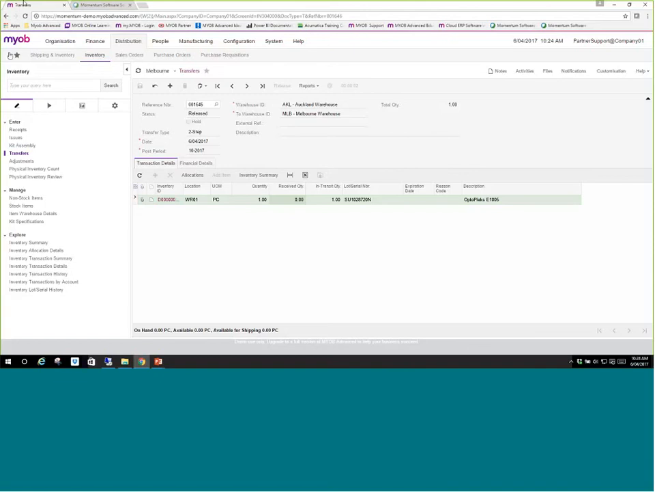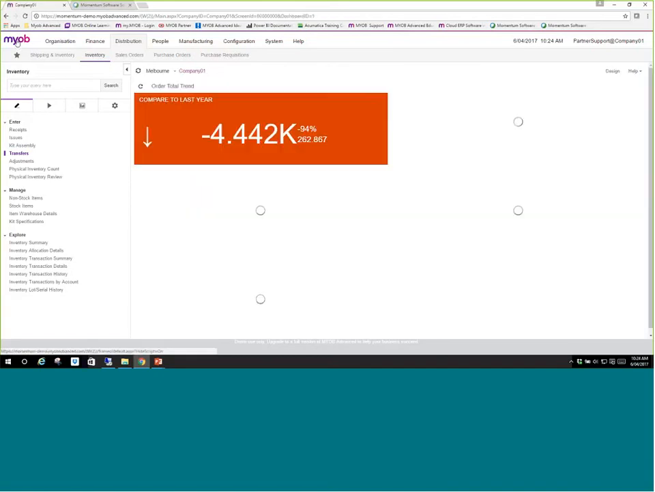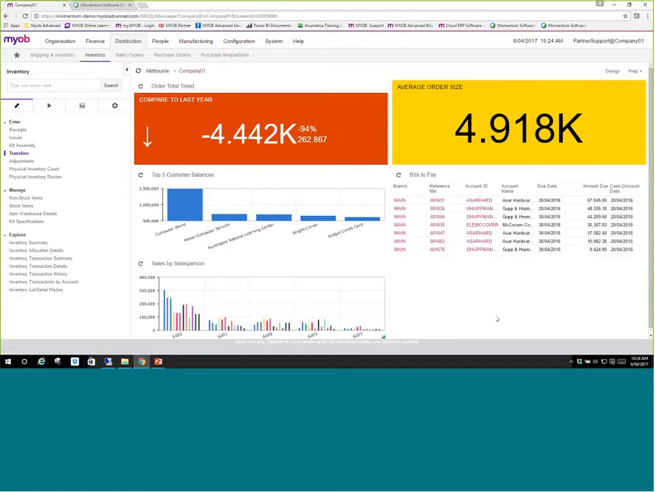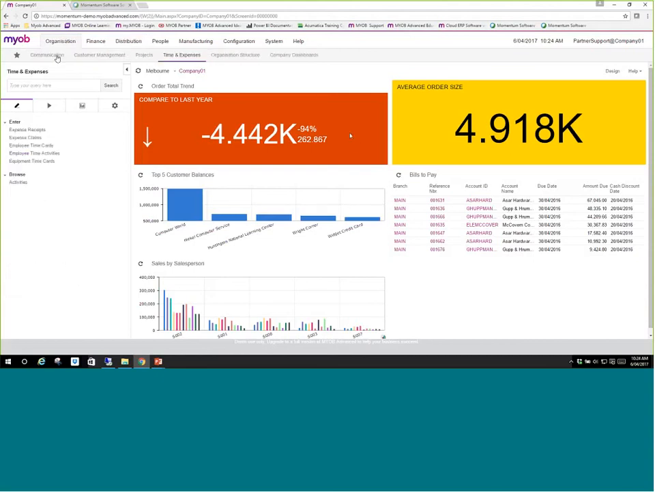Okay, so if I just go back to my main screen here, this is my company screen. This has my company dashboard, which opens up when I open up. But what we've been able to do also is to create dashboards for each of the sections. So they all come up underneath the organizational, and we have company dashboards, which are for all different areas of the system. So if I was looking, for instance, at shipping and inventory,